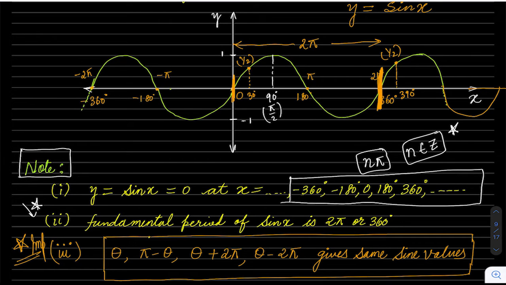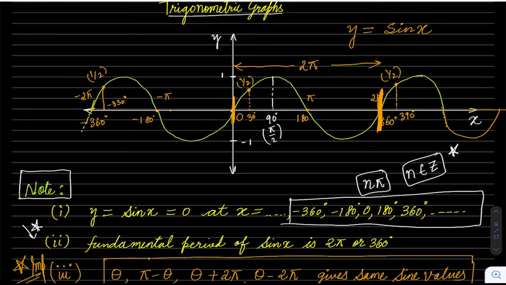You take any value, you add the period, you will get the same value of the function. And similarly, if you subtract, you will also get the same value. If we subtract 360 from 30 degrees, we get minus 330 degrees. At minus 330 degrees, the function, sine in this case, will again have the value half. That is the meaning of period. Now what is its use? We will see its use when we solve trigonometric equation questions. But for now you have to remember this.